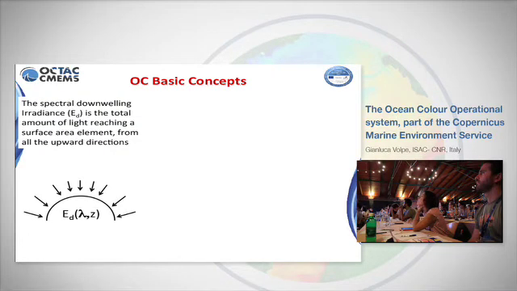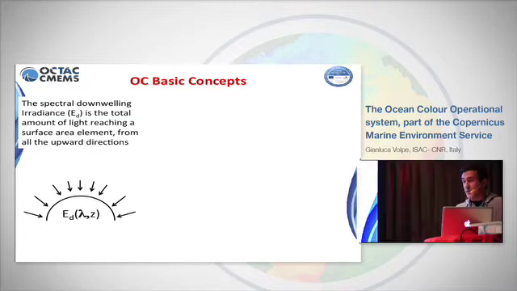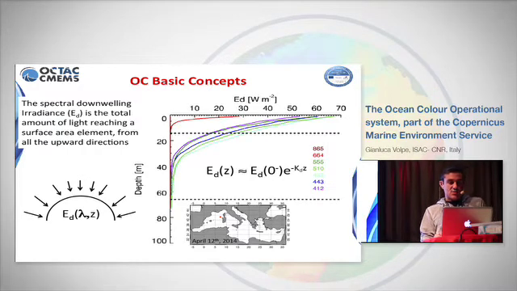Among them, we have the spectral downwelling irradiance, which is defined as the total amount of light reaching a surface area element from all the upward directions. This is a cast we took a few years ago, not so far away from here, an ED cast, and as you can see, it decreases with depth according to the Lambert-Beer law,